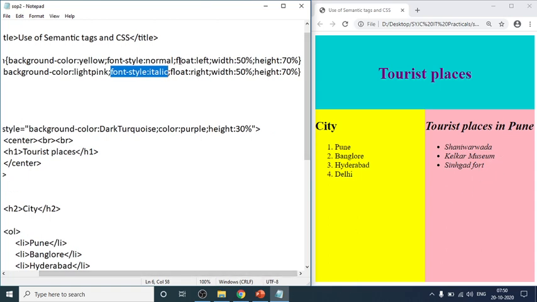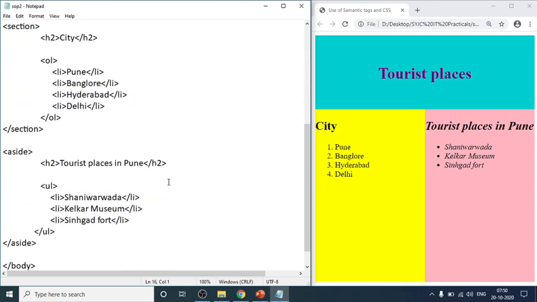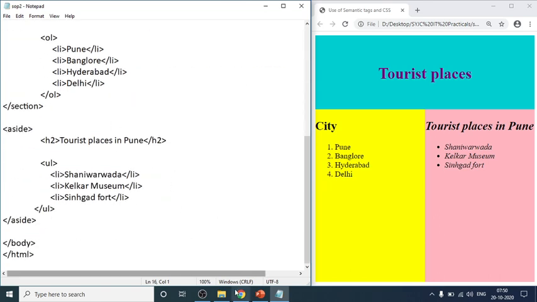Float is left for the left section and float is right for the right section. Width and height are the same for the left and right sections. So this is the example. We have used semantic tags and CSS to complete this practical.